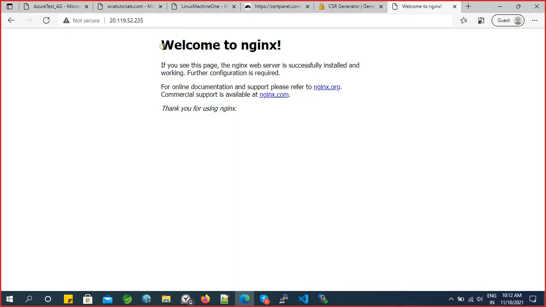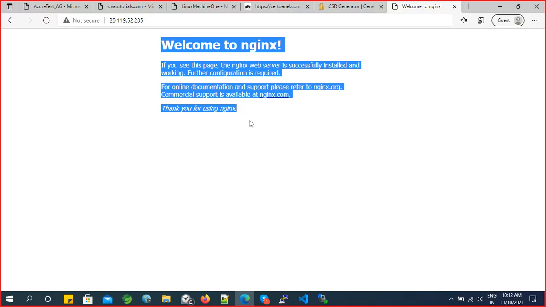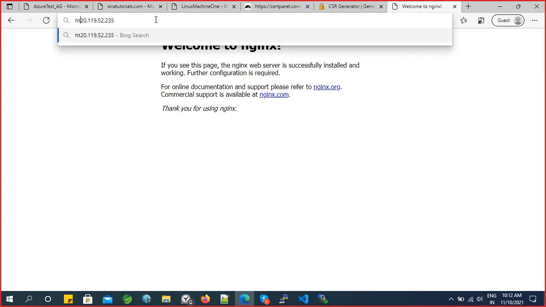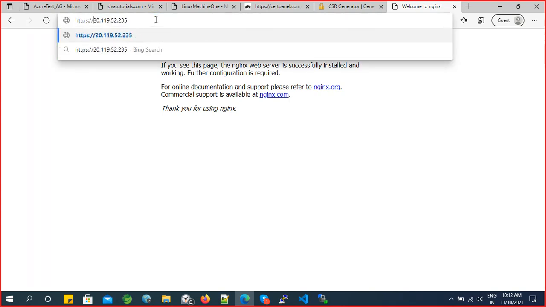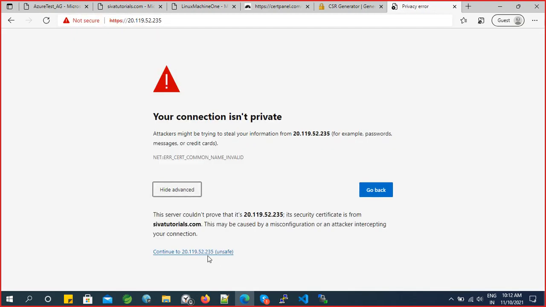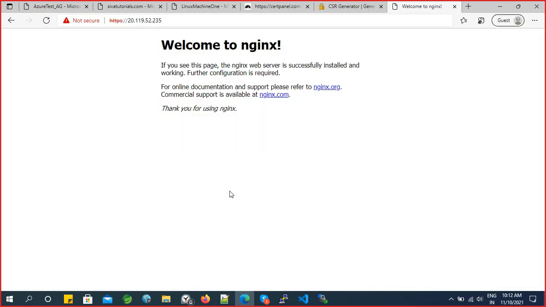See here, welcome to Nginx, right? And here even if you type https colon, advanced, continue, see here, we are still getting HTTPS, it is allowing. Okay,